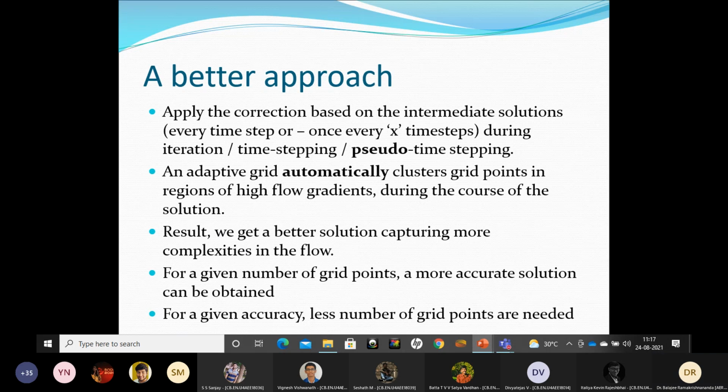or, what is the other one, parabolic equations. Then something called pseudo time stepping. What is pseudo time stepping? Actually, you want only steady state flows like your Laplace equation or other things, but you solve the unsteady flow. You solve dou u by dou t. Now this time is just a pseudo variable there.